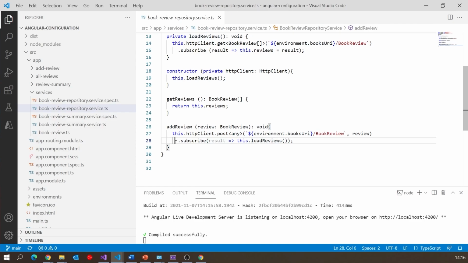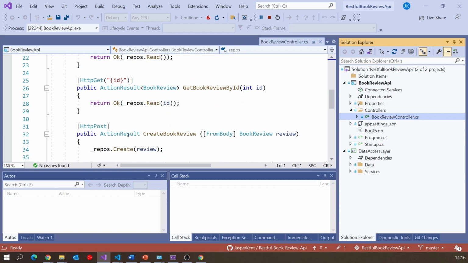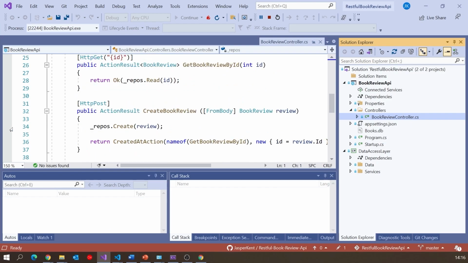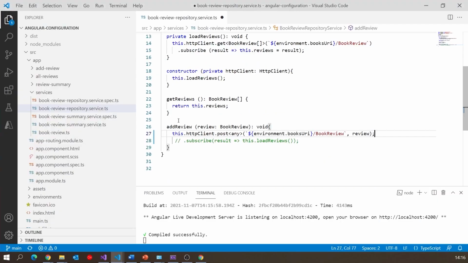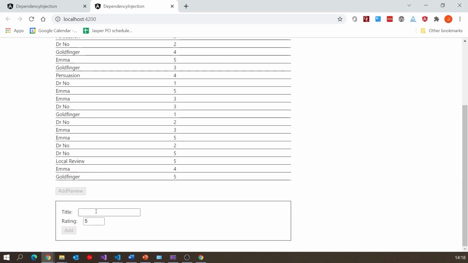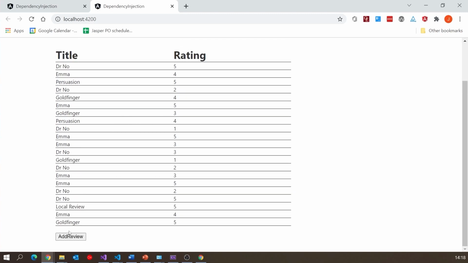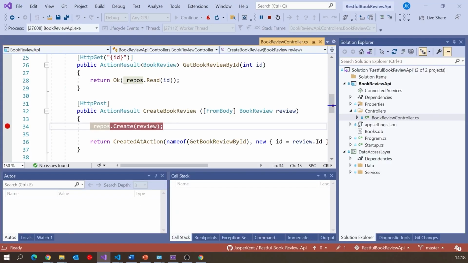But suppose we didn't worry about that, we didn't need to have the page refreshed, you might think I could just comment that out. But that would cause real problems because if I now go to the server and put a break on the post there, which we should still get called, you'd think, and then if I go back and add another one, let's do another one for Emma and click add, then you'll see we didn't hit that breakpoint at all.